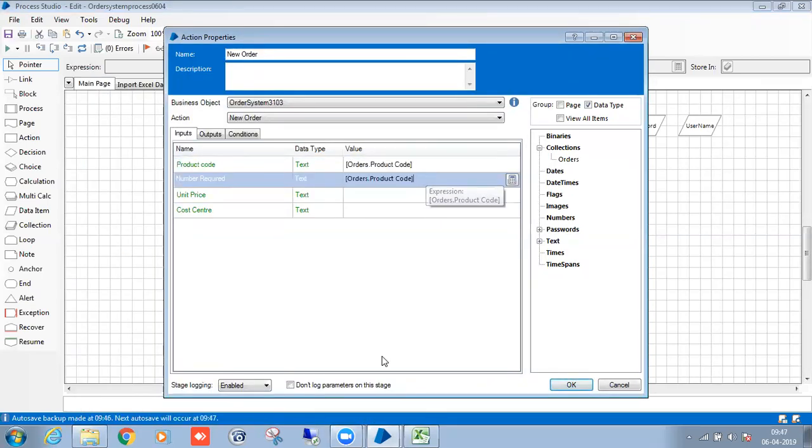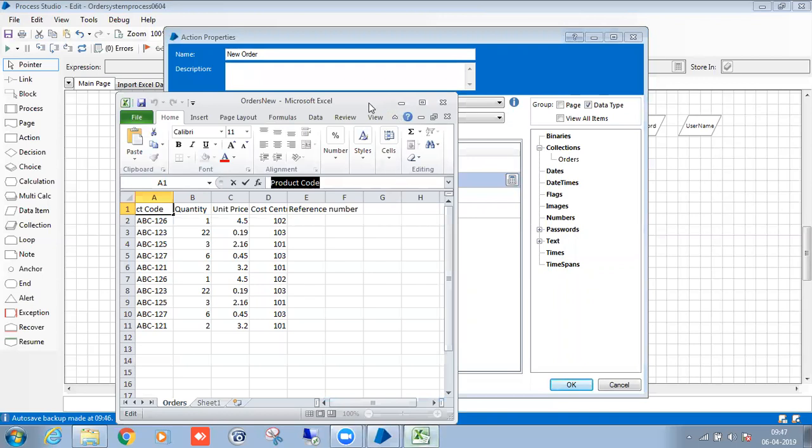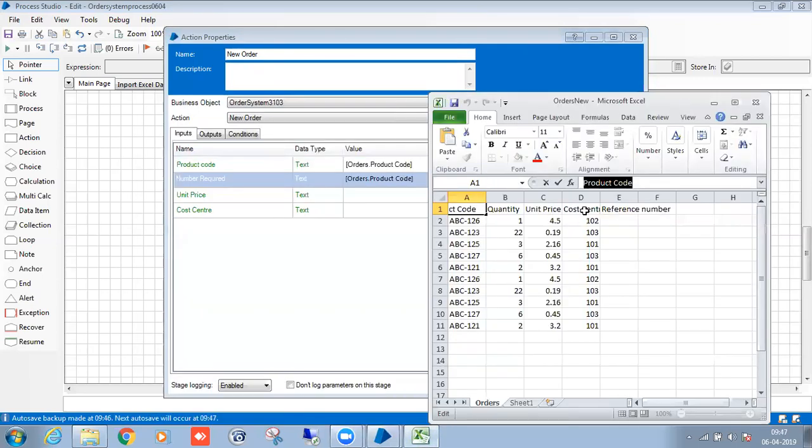So next, number required. Number required is nothing but the quantity. Okay, for this field mapping we have a sheet. For the application, which field from the Excel we have to pass, for that there is a mapping sheet. That is also provided by the particular client.